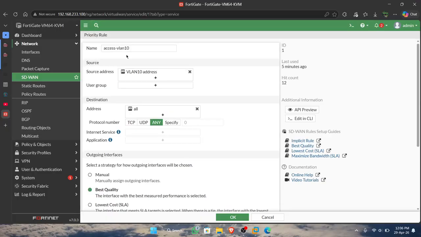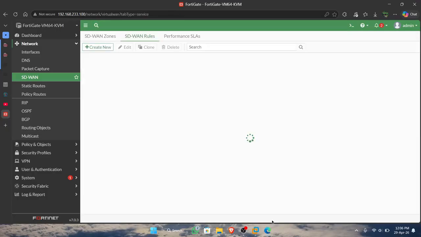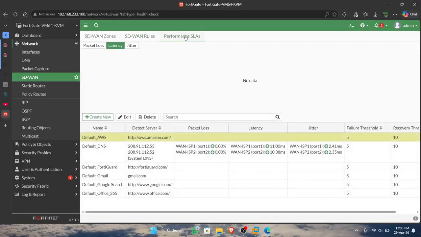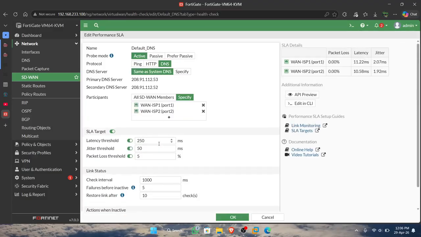So we will create the SLA first. Okay, I have created the SLA. If it is your first configuration, you can change this.